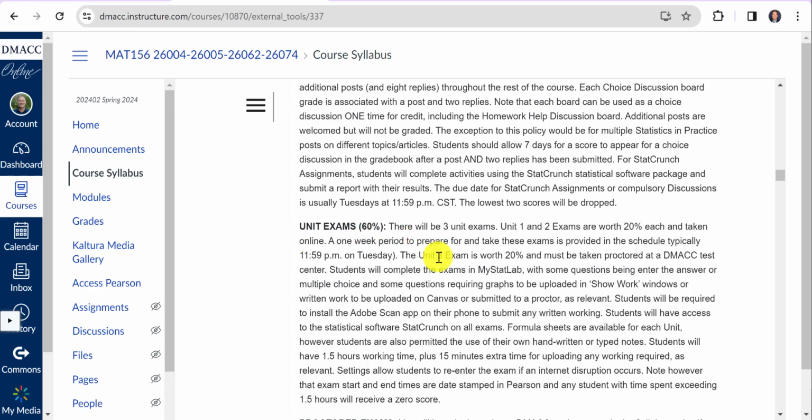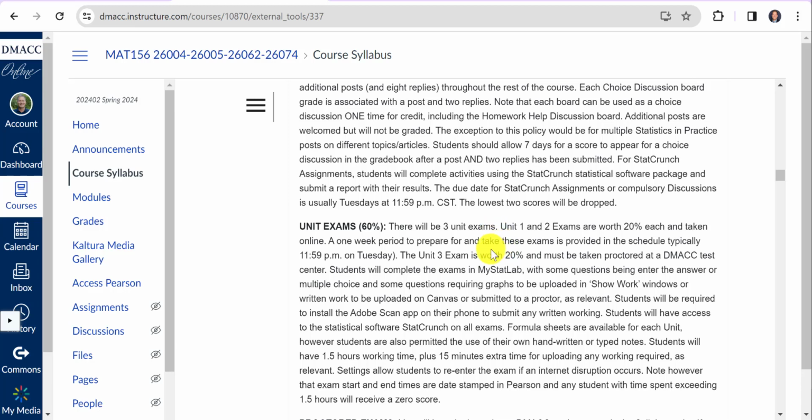Unit 1 and Unit 2 will be done essentially like take home or on your own time, on your own machine, or in the test, you can do it at DMAC or wherever. And then Unit 3 test is going to be proctored. So that you'll take at a DMAC testing center, or if you're a high school student, you'll take it there. For in-person students, we might do it during class, or you can do it at the testing center. So we'll have lots of options, and that's not until almost the end of the last week of the course.